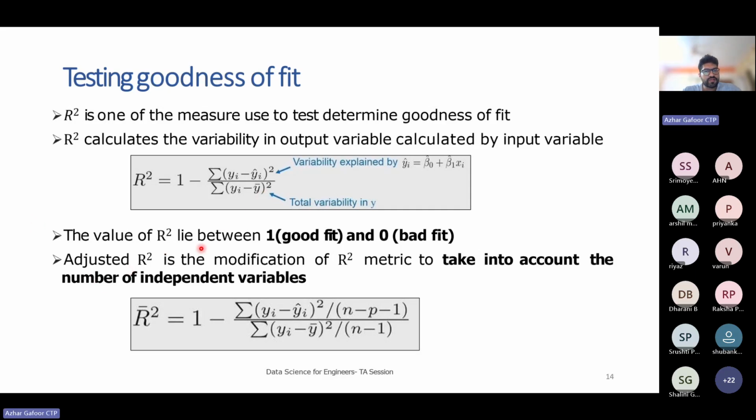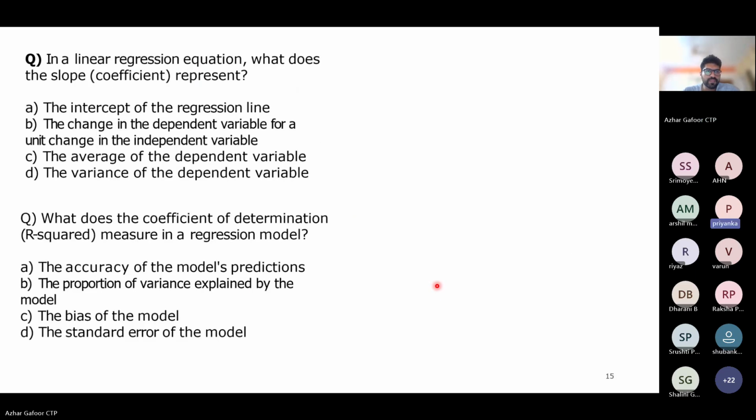So the value of R square lies between 1 and 0. So 1 means it's a good fit and 0 is a bad fit. Then we also have the adjusted R square. It just takes into account the number of independent variables also. So we'll just see, in a linear regression equation,